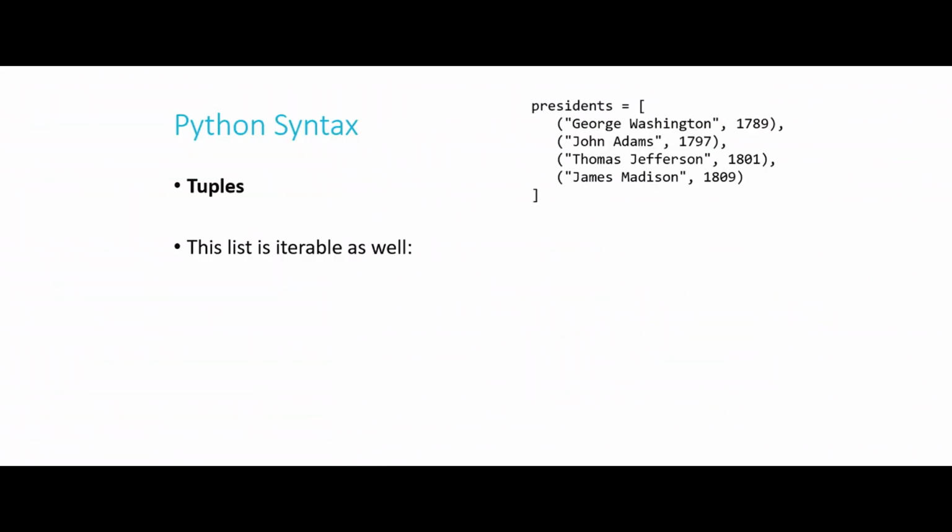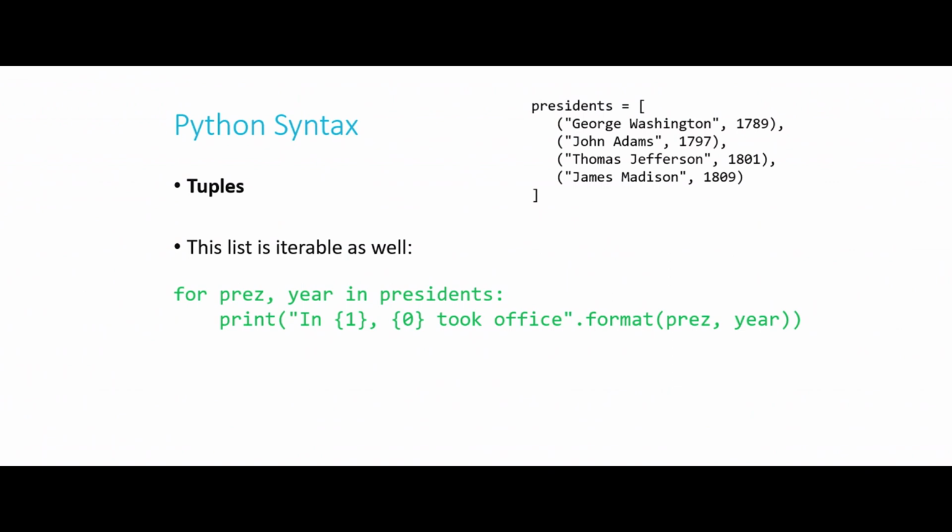Now we can iterate over this list and do things with it. So let's take a look at an example of how we might do that. Up at the top right is our presidents list from the previous slide. And I can do the following: for pres, comma, year in presidents. Now notice I'm not just saying for x in range, where I'm using one iterator. I have 2, pres, comma, year. And if you look, you'll notice that that actually matches what I have there in the presidents list.